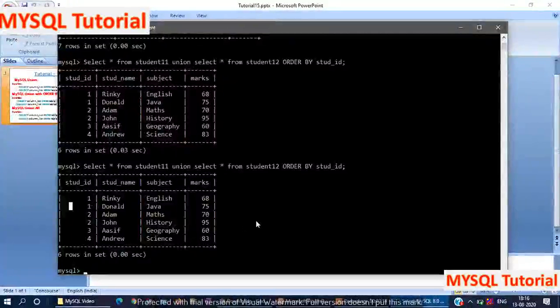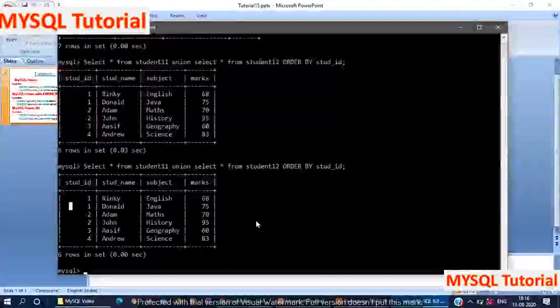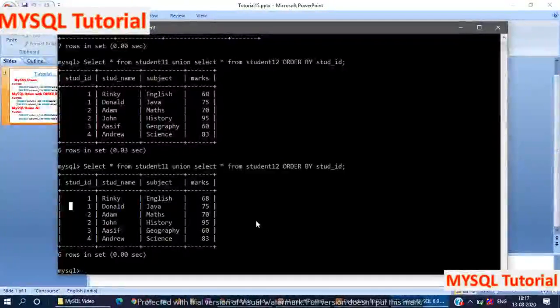Now we will move to the last point, which is MySQL union all. We have already seen the syntax of MySQL union all. Select column list from table 1 union all select column list from table 2. It's the same as union, but there is a minor difference between union and union all.